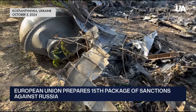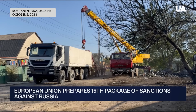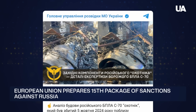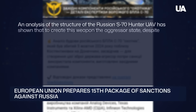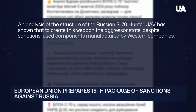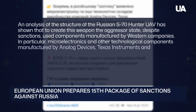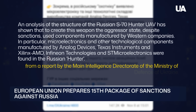The UAV has not yet been put on mass production. Russia has only had 4 prototypes, each costing $15 million. An analysis of the structure of the Russian S-70 Hunter UAV has shown that to create this weapon, the aggressor state, despite sanctions, used components manufactured by Western companies. In particular, microelectronics and other technological components manufactured by Analog Devices, Texas Instruments and Xilinx AMD, Infineon Technologies and ST